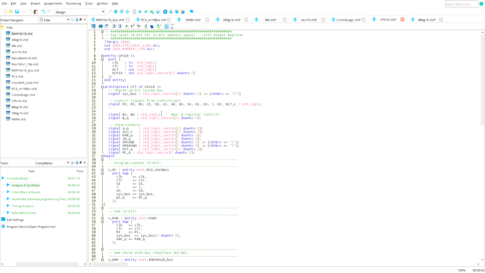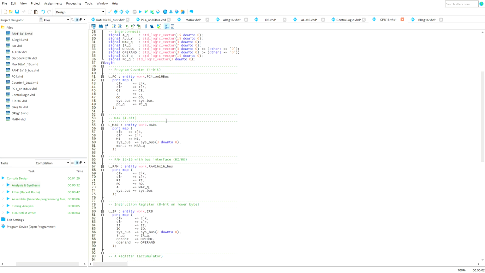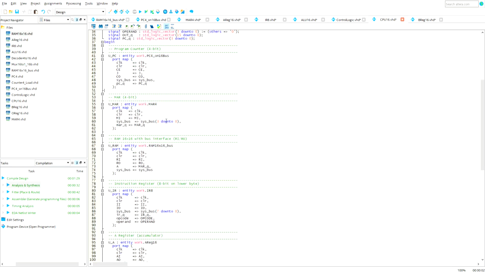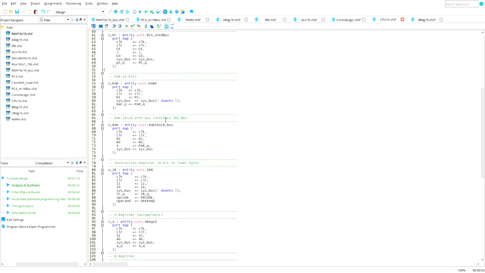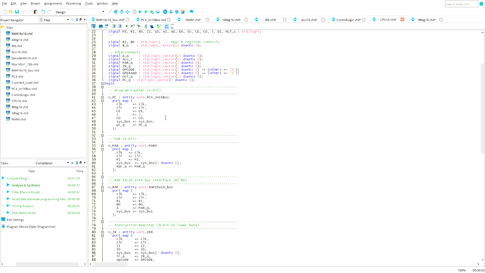Next one. This is my top-level 16-bit CPU. All parts share a single 16-bit system bus, controlled by the control logic. The program counter sends the address to the memory address register, and the RAM transfers data through the bus. The instruction register stores the fetched instruction, while